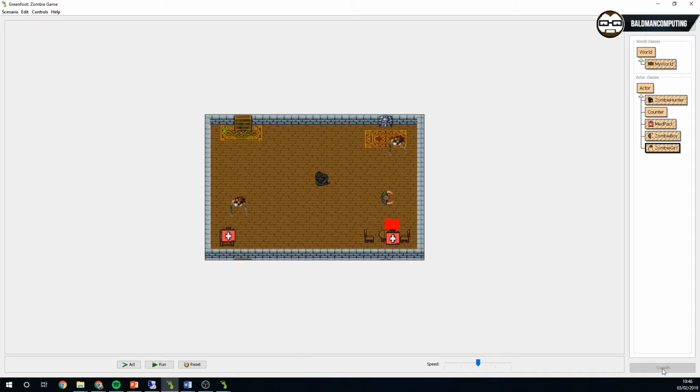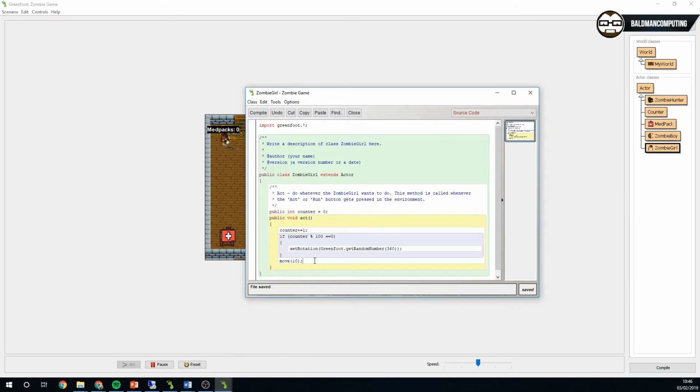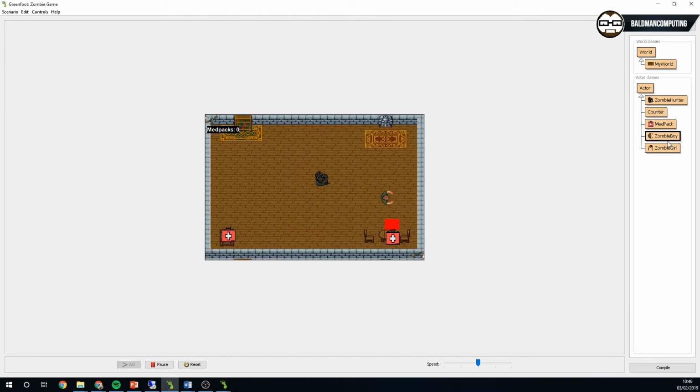If I just compile all that, provided there's no errors. Now, see the girl is moving quite randomly now in different places. Now I might want to reduce that number if I want it to move a bit more, or reduce the speed so it shouldn't go flying around the screen. But that is the other way of getting that code, so I can copy that and put that in the zombie boy's code,